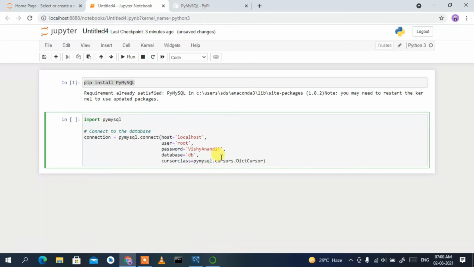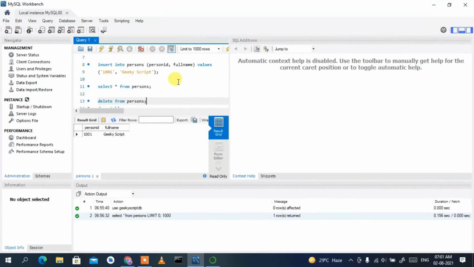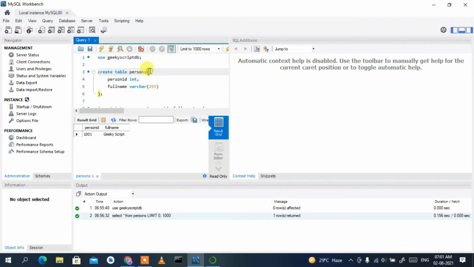Yep. So the password has been rightly given, and then you need to give your database name. First remove this DB, and then simply go to your MySQL Workbench. You can clearly see I am currently using this Geeky Script database. Remember, we have created this Geeky Script database, and inside it we have created this person table. So simply copy this Geeky Script database,